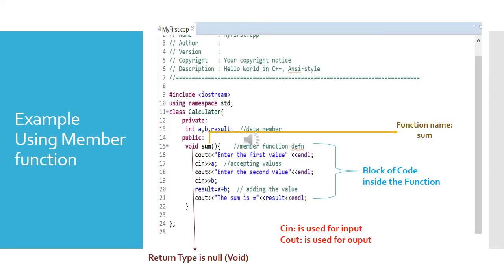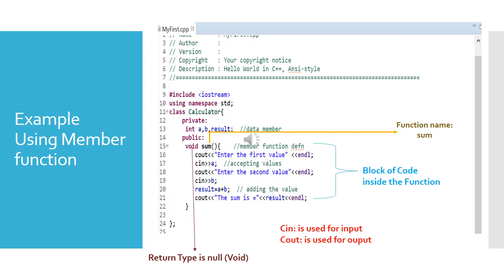Now let's see how we can create it inside an Eclipse program, wherein you are going to create a class called calculator, and you're going to use data members a and b, which are going to store two values respectively, and result to store the resultant value. Let those be data members, which are specified private here. Under the public access modifier we have specified a function which doesn't have any parameters or arguments, for example void sum.